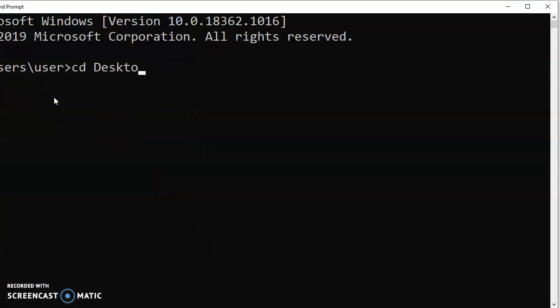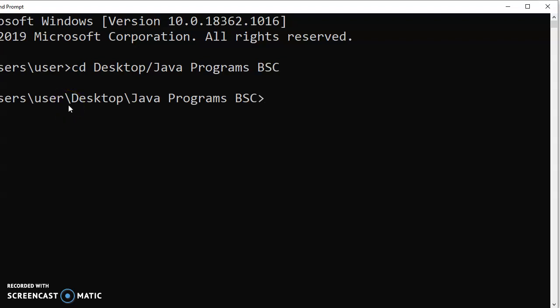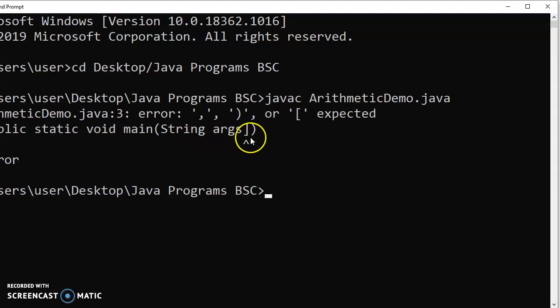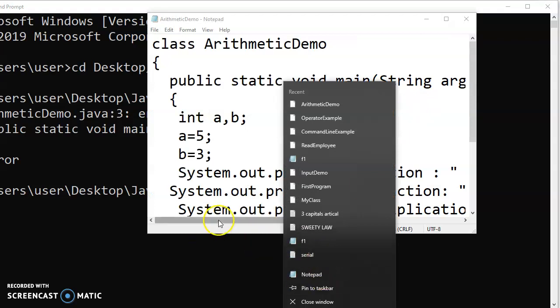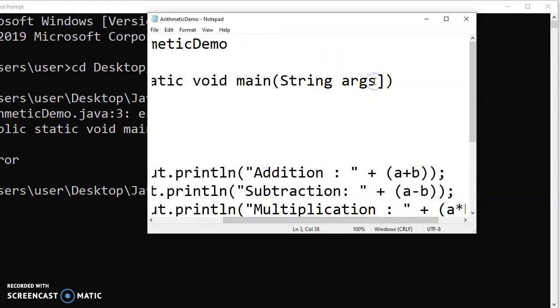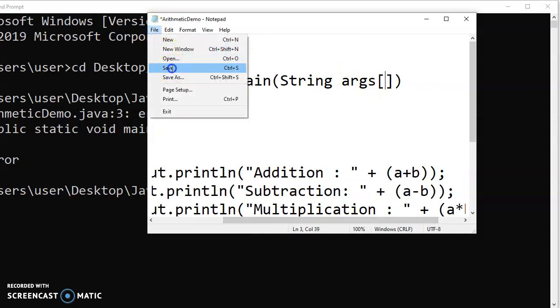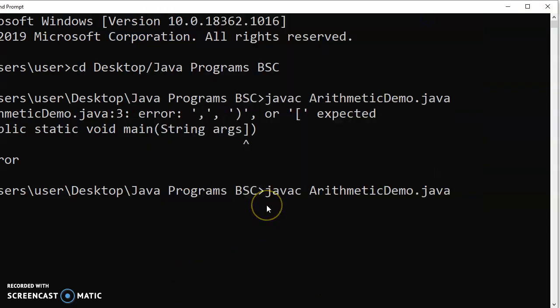The program is in the desktop Java programs DSC folder. I am compiling it. The name of the program is ArithmeticDemo.java. I missed one square bracket there. Let me correct it. Yes, it's missing here. Save it. Now compile it again.